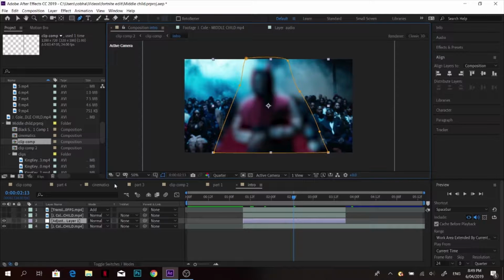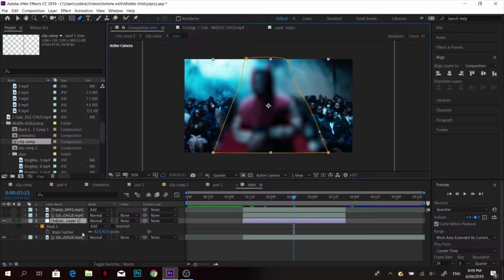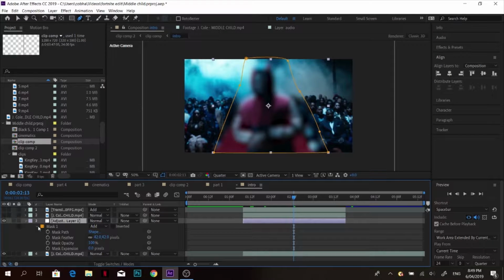Okay, once you've done that, hit F on the keyboard, then you'll bring up this mask feathering. I believe I also did something else. So these settings, oh, no expansion. So basically, if I just set this to 0,